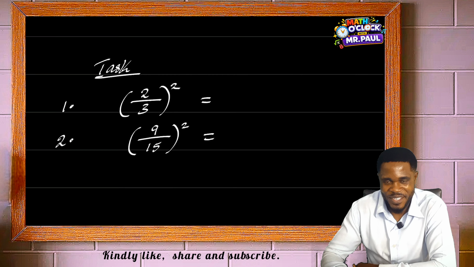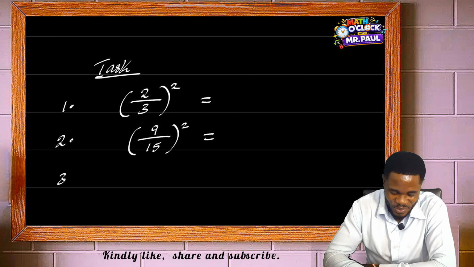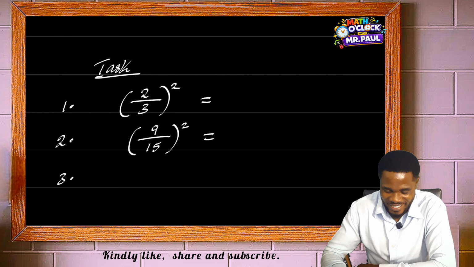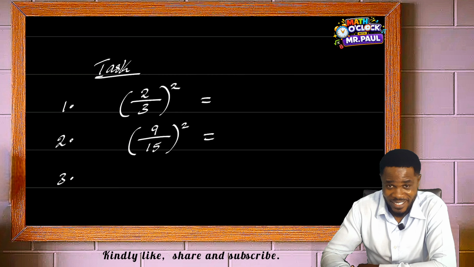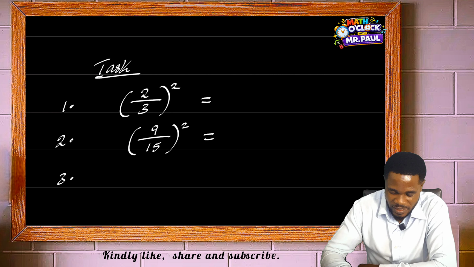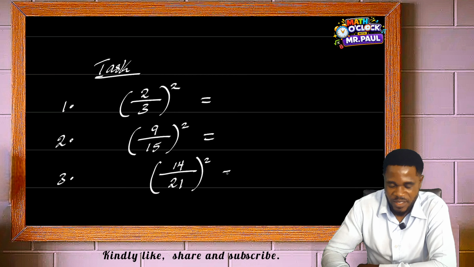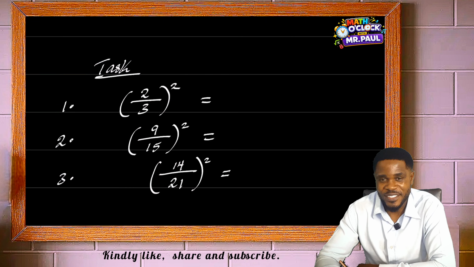What's that going to be? And then number three, okay, let's just go ahead, but let's make it a double digit this time. So let's have 14 over 21. What will that be? Please leave your answers in the comment section